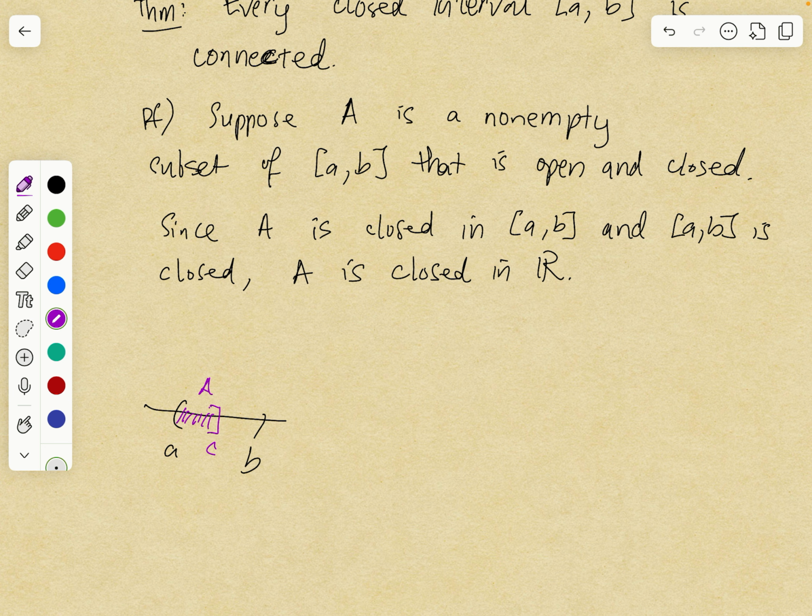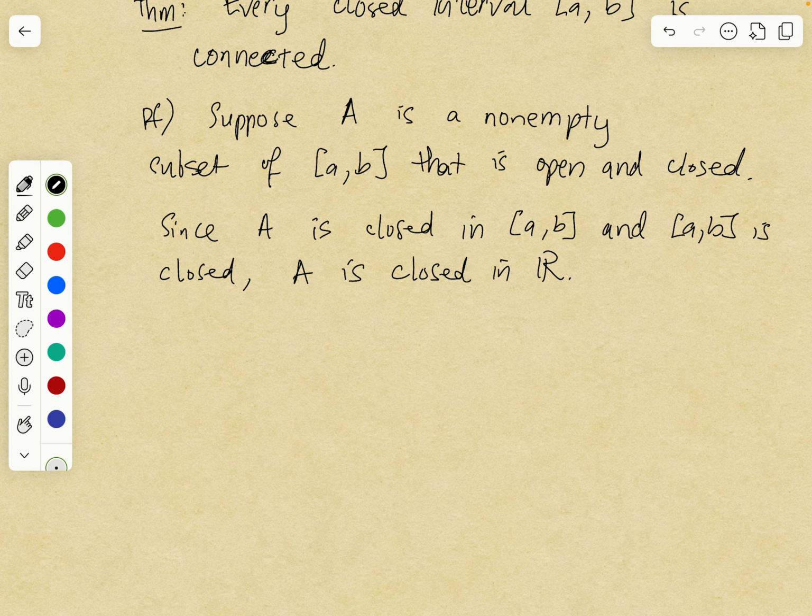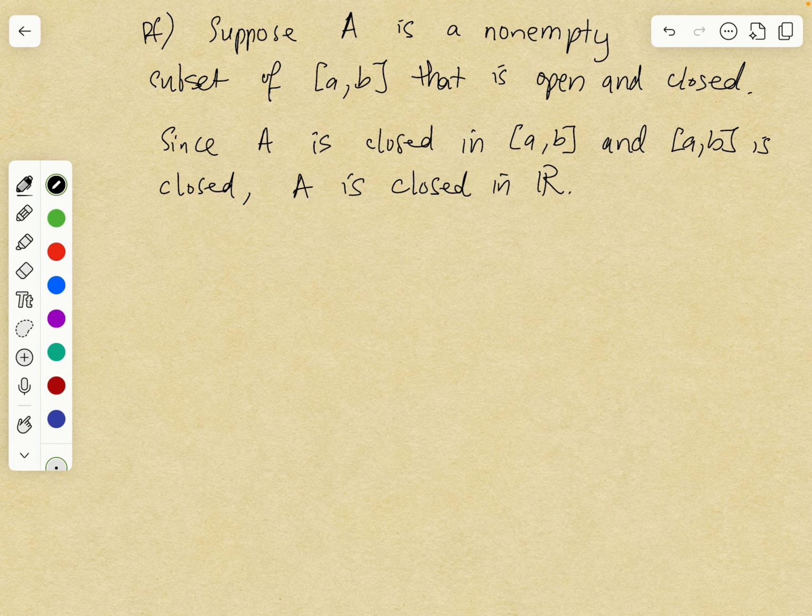So you have to be careful when talking about closed sets. There's the general fact that if instead of the open interval from A to B, you had the closed interval from A to B, and you take a closed subset of this, so that means it's the intersection of a closed subset in R with the closed interval A to B, okay, this subset is closed in R. So that's just the reminder. Okay, so A is closed in R, so you have a closed subset, and since A is bounded above by B,